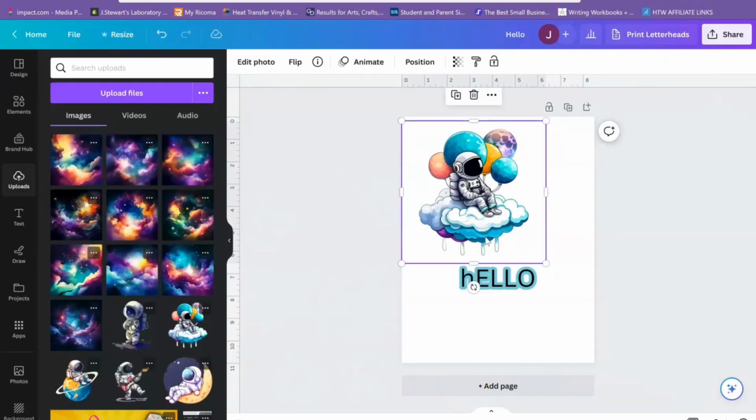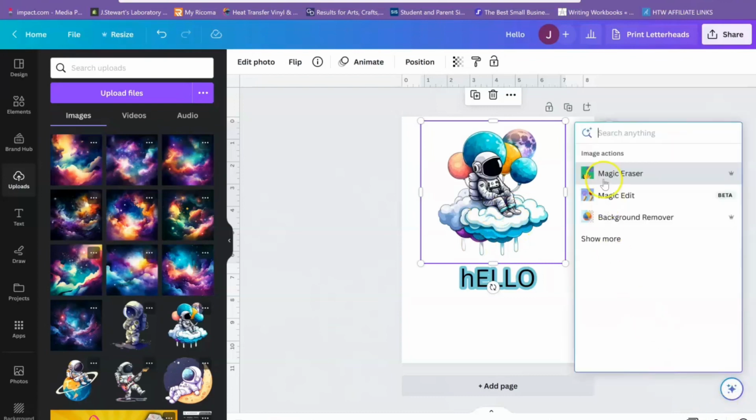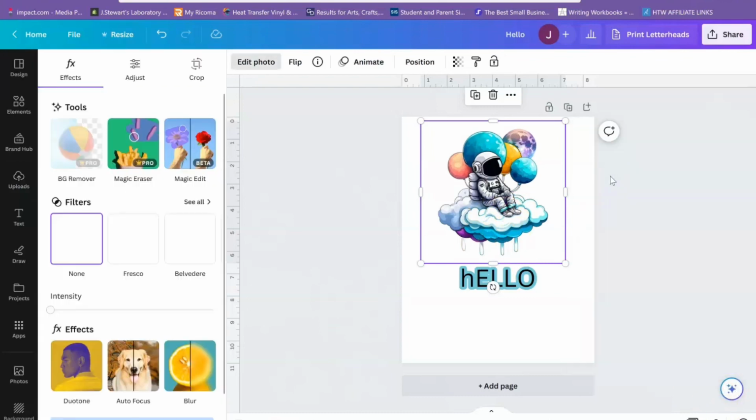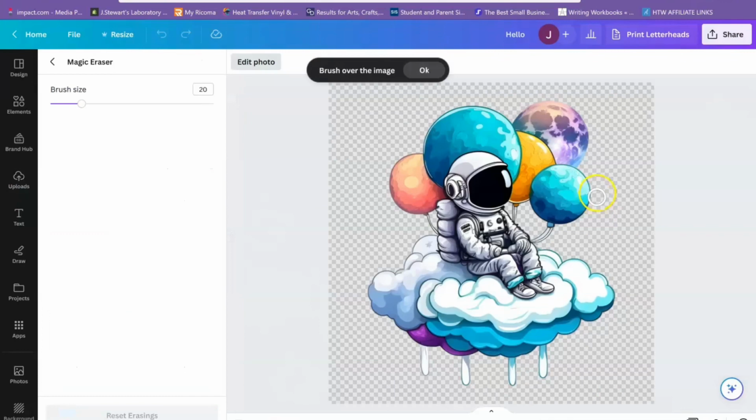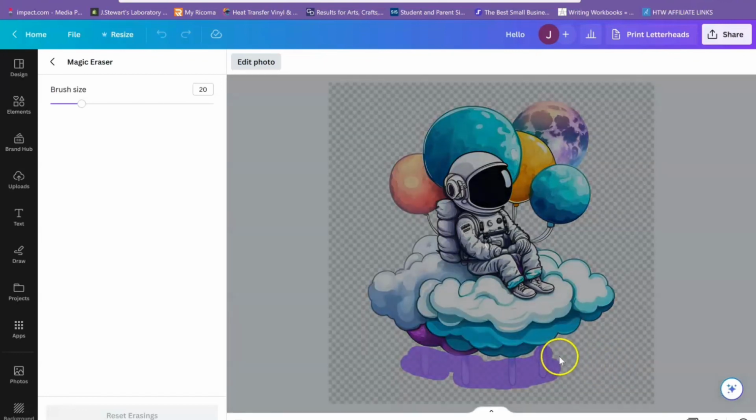So to get to magic eraser, we're going to go ahead and select the image and hit Canva Assistant again. And it's going to pop up right here. Now, magic eraser basically allows you to remove unwanted things from your image. So say I love this image, right? But maybe I don't want these drips. So you're just going to kind of brush over what you don't want. And as long as you hold your mouse down, you can keep brushing. But as soon as you let your mouse go, that's when it actually starts working on the image